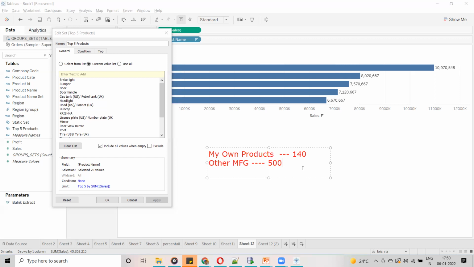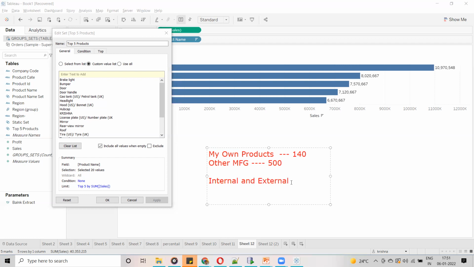Now, in this case, the customer wanted one filter where he can segregate the product names, here, let's say, internal and external.